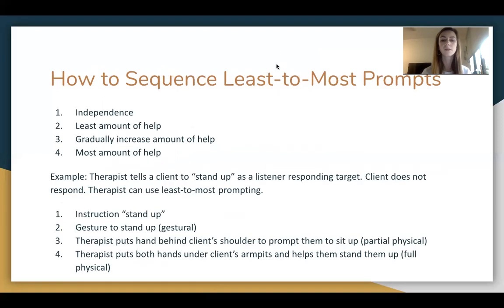When going to prompt through a least to most prompting procedure, you want to begin with the least intrusive prompt level. This might mean giving the individual a chance to do the skill independently. Then if they err or are unresponsive, you will begin with a prompt that is not very intrusive. For example, if you tell a child to stand up, you might wait a few seconds for the child to